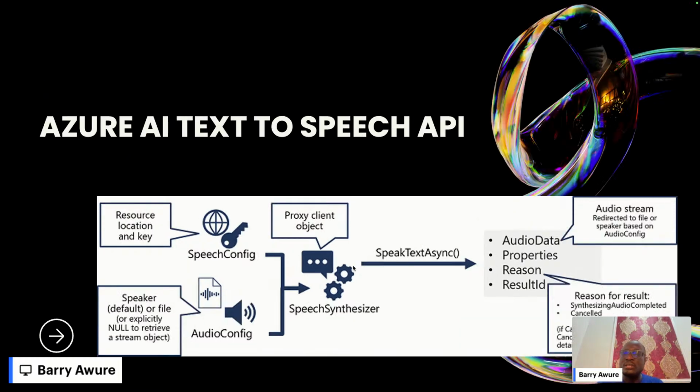So this is for speech to text. Then you have the text to speech. This time around, it's still the same speech config. It takes in the text that you typed in, encapsulates it and sends it to a speech synthesizer, which works on that and produces the required output to you. So this is just the basic way in which this workflow is done.